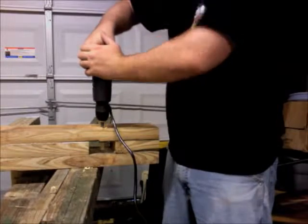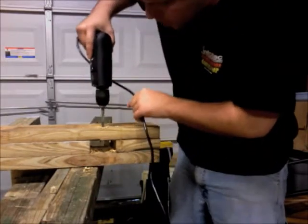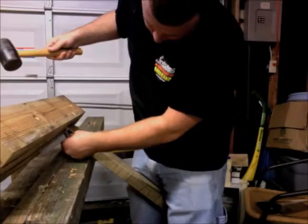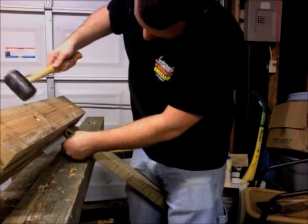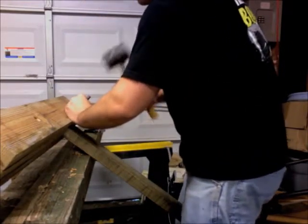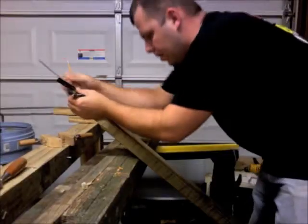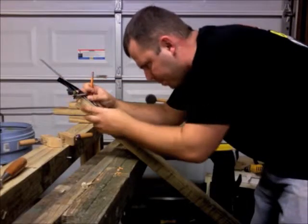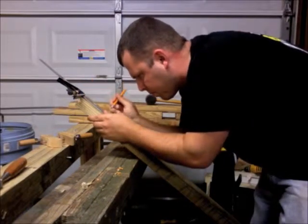Draw bore pinning. I'm going to take my 3/8 inch bit and drill as far as it will go, which is not quite through the other side, but it gets me through the mortise quite fine. I'm going to square this up after I fit the joint and put the bit that I used in and poke it through. It's not quite the right bit, but you know what? It worked out fine. I was just real careful about measuring out my line and then drilling the second hole